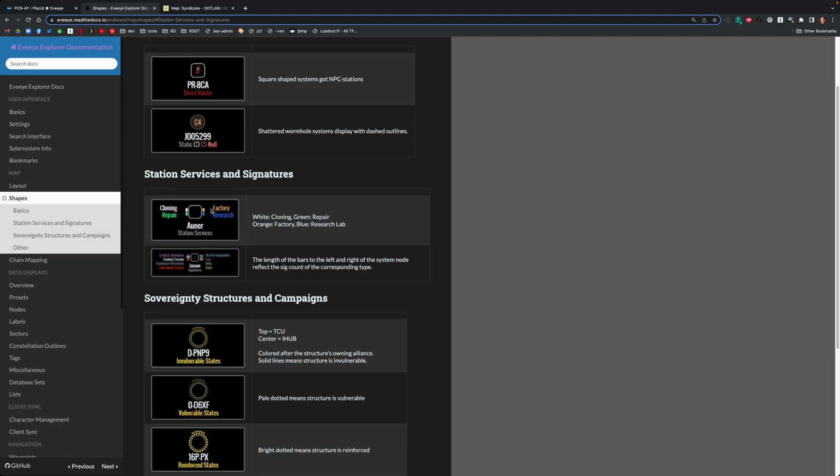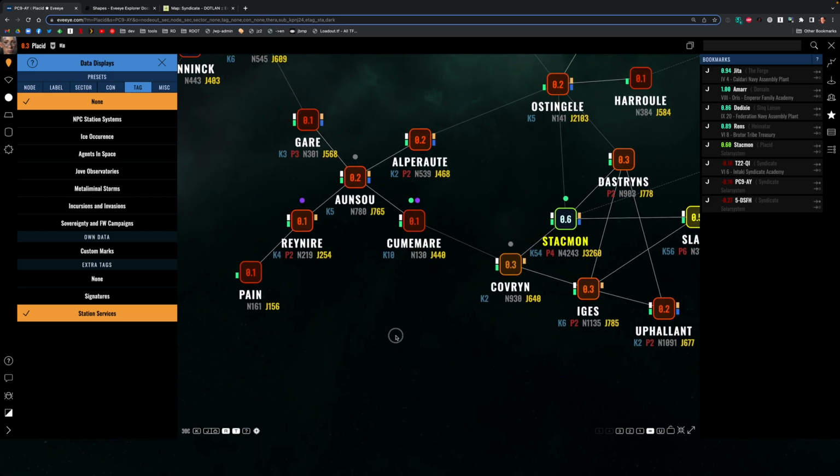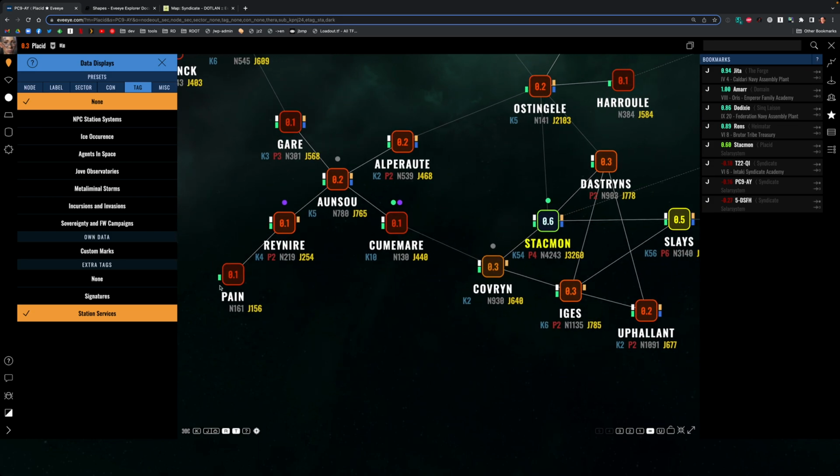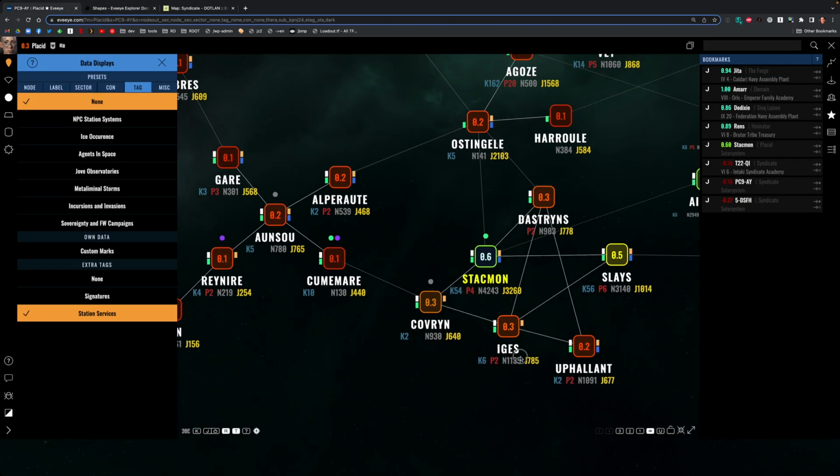So we could see cloning, repair, factory, research. So in my case, what I wanted was to make sure I was in a system with repair so that I would know that I was safe to get damaged. And actually what it sort of taught me was, okay, every single station in this whole area, even Payne with its very limited stuff, has repair available. But maybe you wanted one of the other ones, if you were hoping for factory or research,